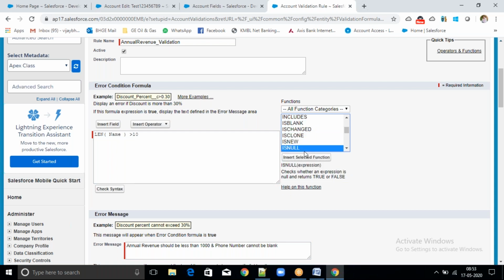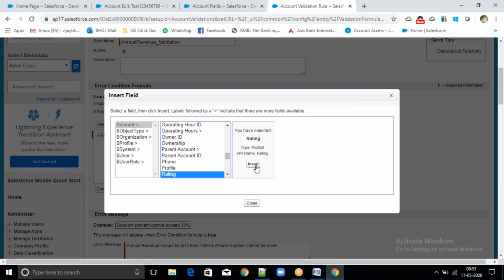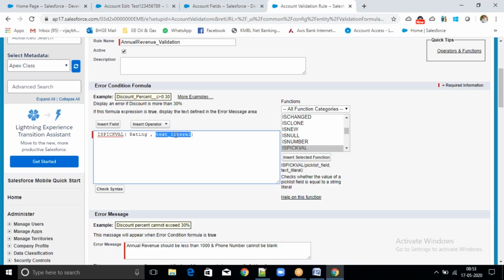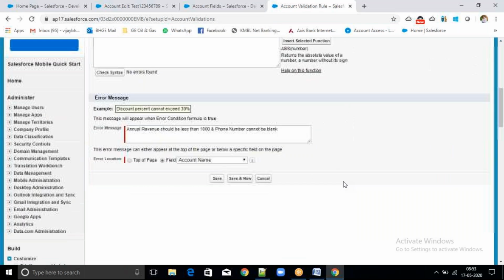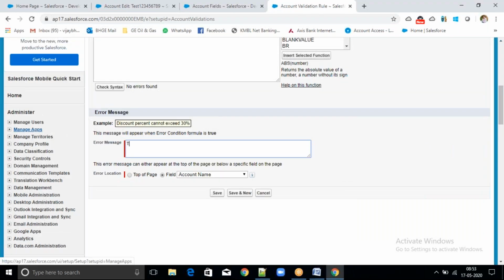Next, ISPICKVAL. Now in a picklist field, if the rating is hot, then I want to throw an error. Rating should not be hot.